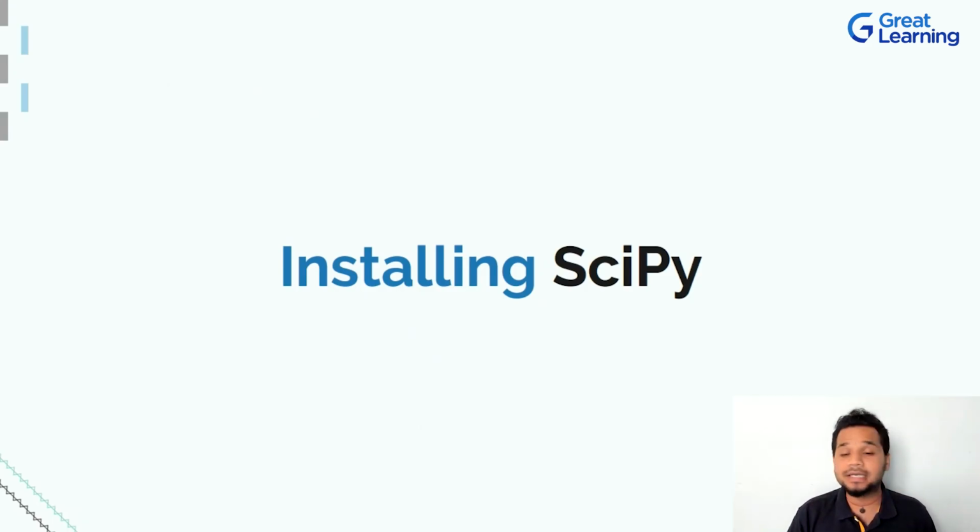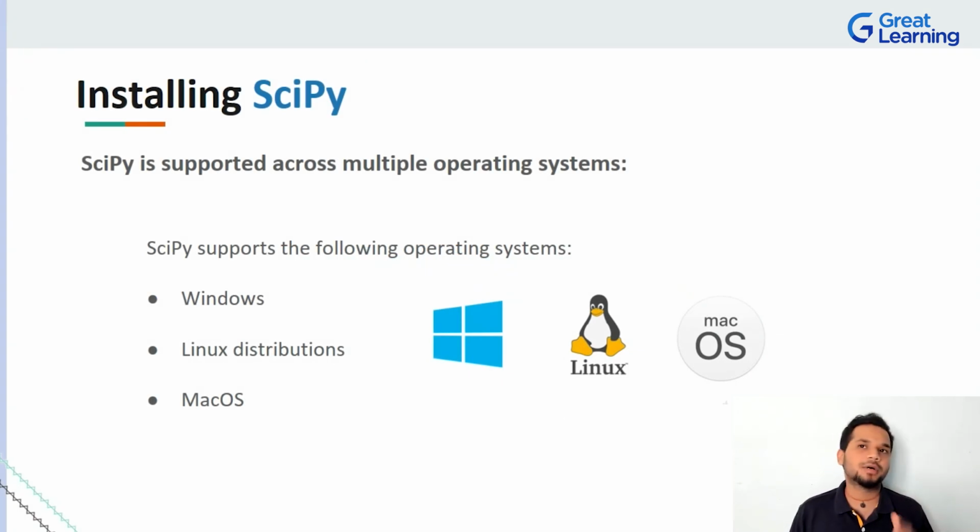So guys, with that introduction to SciPy, let us quickly come to a section where we can discuss how you can go about installing SciPy. Now, there are many ways of installing SciPy, and the biggest advantage is that just like Python, SciPy is supported across multiple operating systems that we have today. And of course, you can have a list of operating systems, but I'm going to be picking up the top 3 operating systems that we have today. One is Microsoft Windows. We have all the Linux flavors and distributions, and then we have Apple's Macintosh, the Mac operating system.